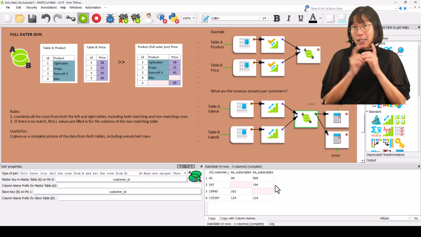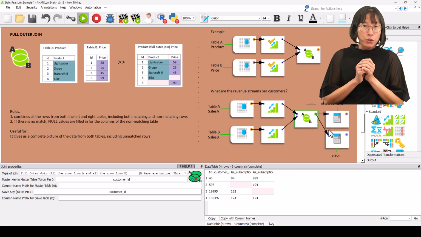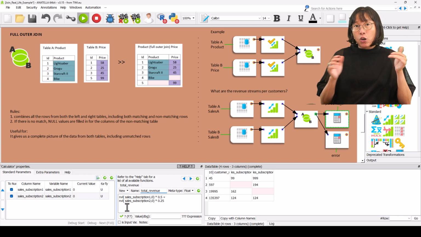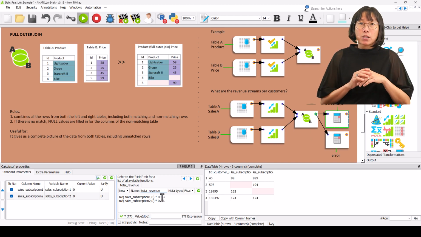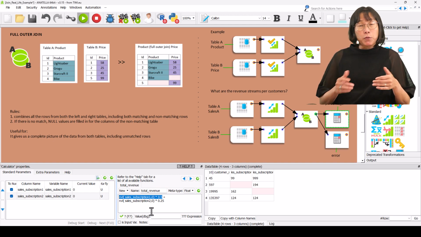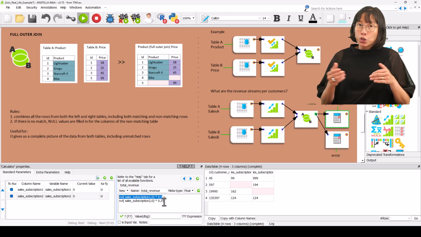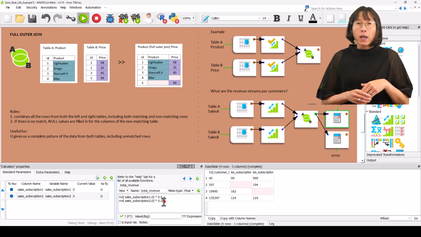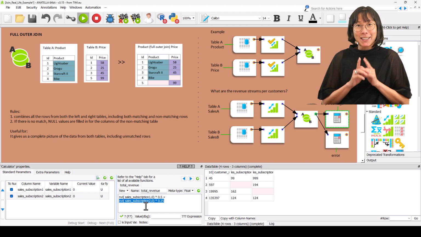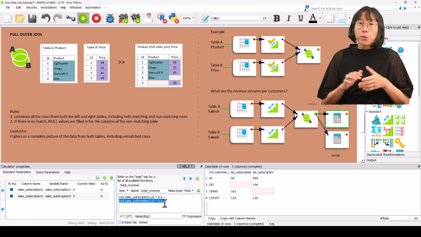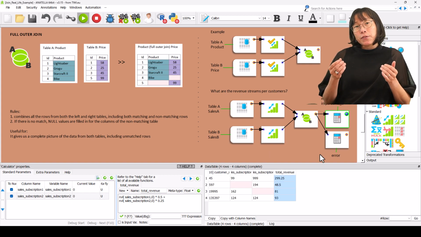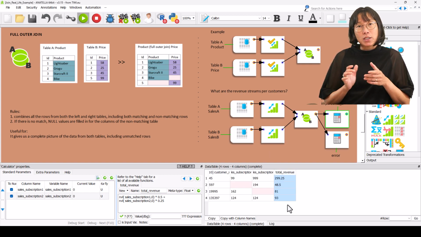Once we have our single table, we can compute the net revenue for each customer. The net revenue depends on the margin that we make on each subscription. For the first subscription, the margin is 50%. So we multiply the sales value by 50% to get the net revenue generated from the first subscription. And we do the same for the second subscription, except that this time the margin is only 25%. Then we sum both net revenues for the two subscriptions to get the final total net revenue for each customer.